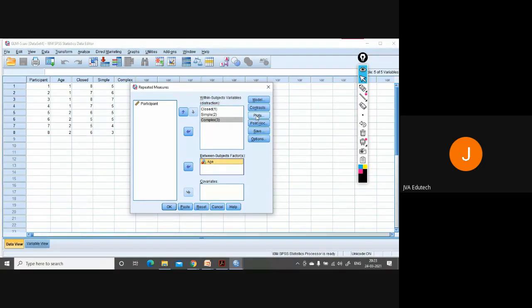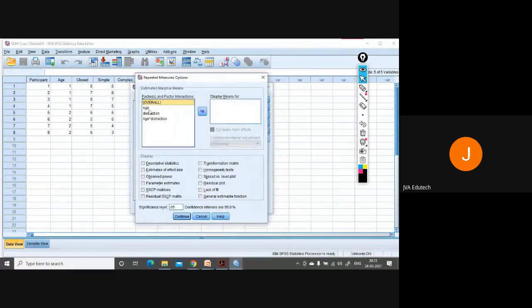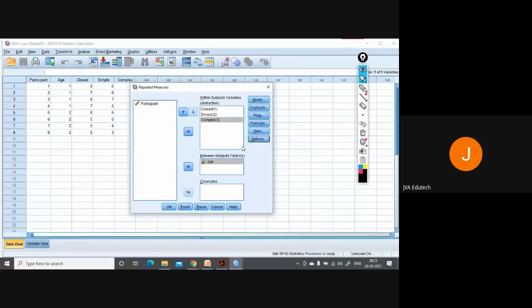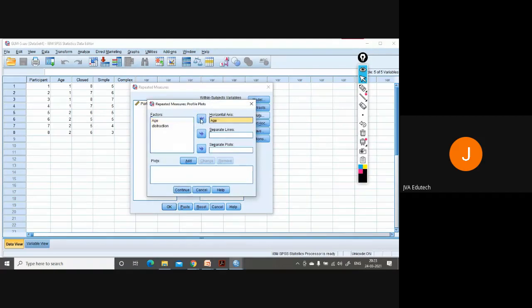And then you go to options. So you have to take age, distraction, and this interaction term, age into distraction, descriptive statistics, estimates of effect size, continue. And then we will have this profile plot also. So we will plot age and distraction.